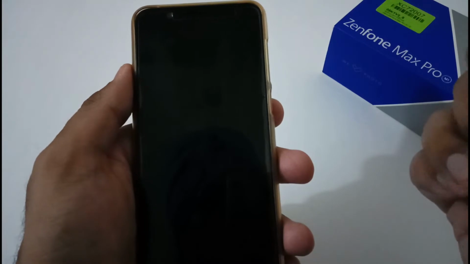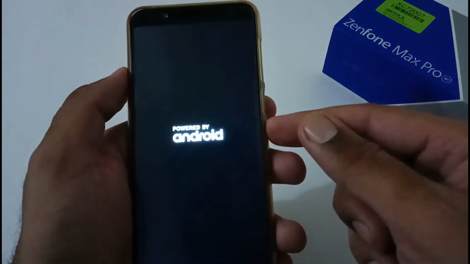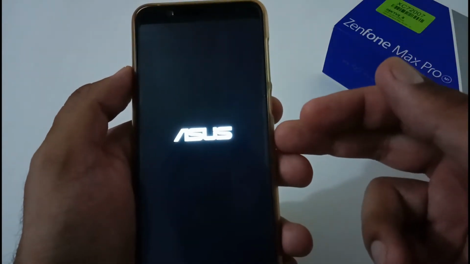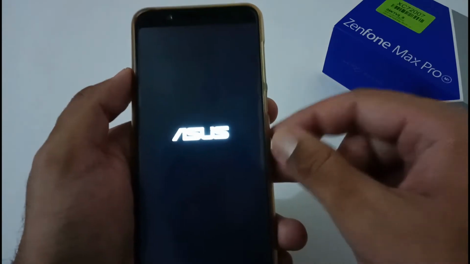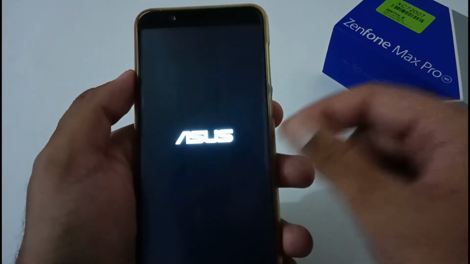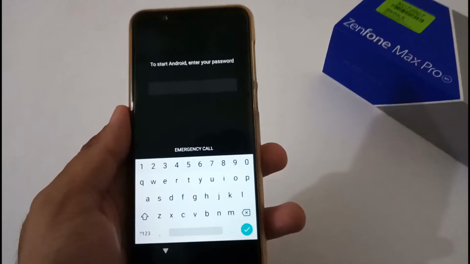So let me reboot the system now, and I'll show you why we need this step two, because few users will say, brother, why are we following this step two when the downgradation process is completed? So I will show you the actual purpose of doing that. So let's wait till then.